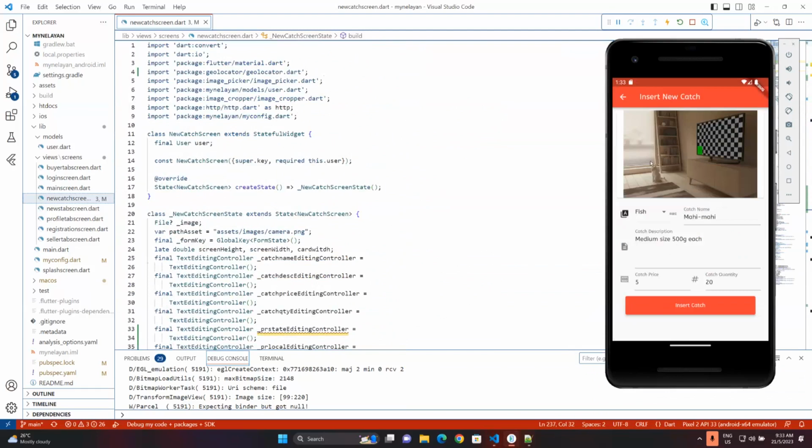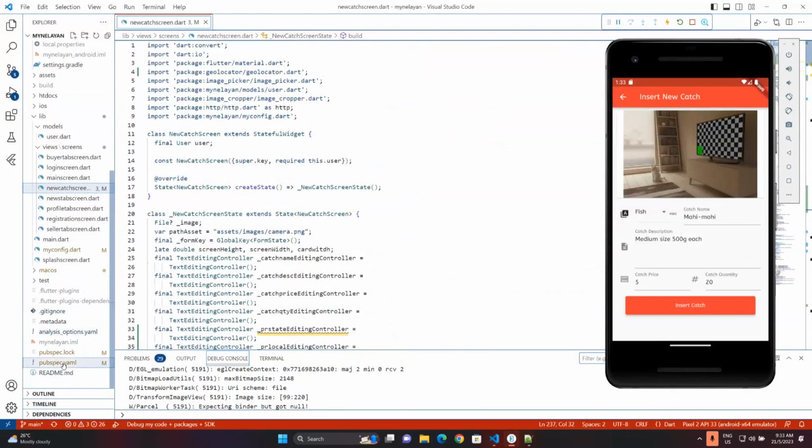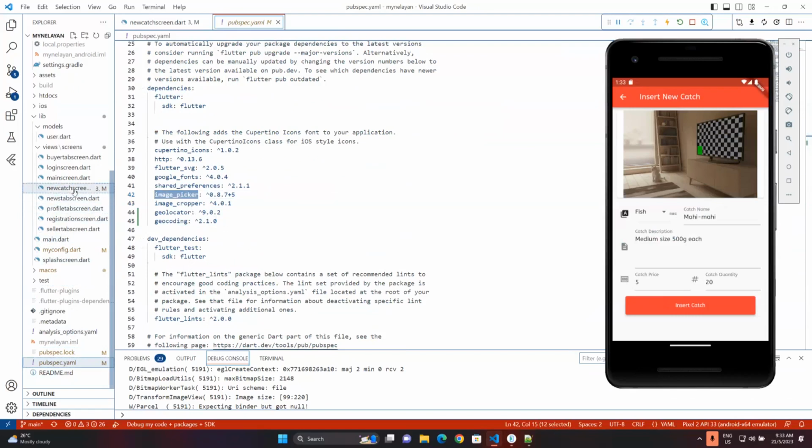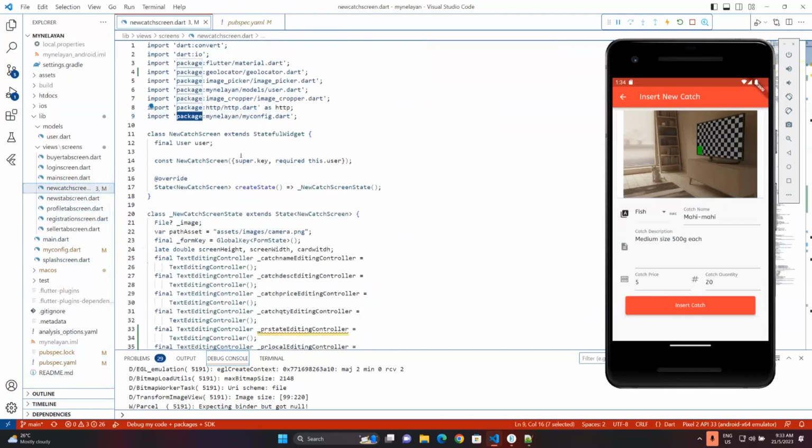But before that, let me talk a little bit about image picker and image cropper. The libraries are implemented through pubspec.yaml, so we're required to install image picker and image cropper. Image picker is a library that allows user to utilize camera functions of the device, and also allows user to pick image from user gallery. To use image picker, the first thing you need to do is to import the library, and the second thing is